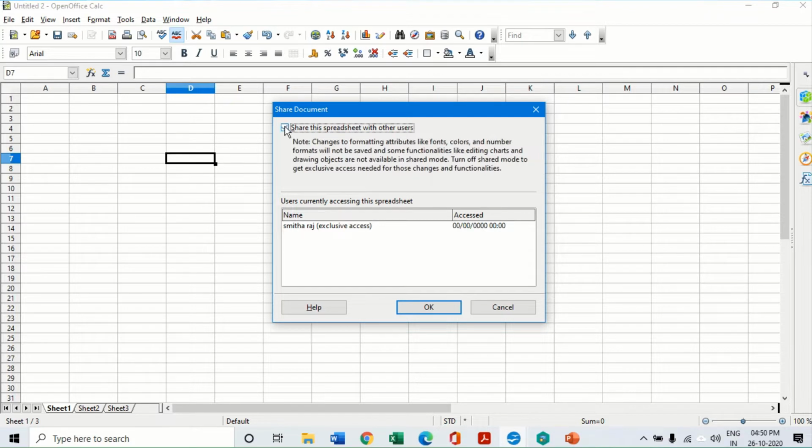Now if I click on this option, it will tell you that changes or formatting like font, color, number format will not be saved, and some functionalities like editing charts, drawing objects, etc. will not be available in the shared mode.